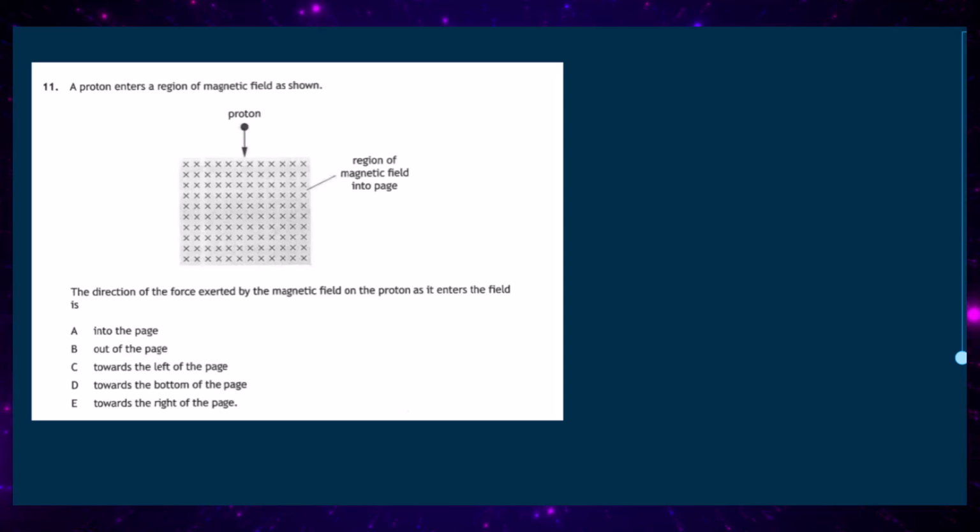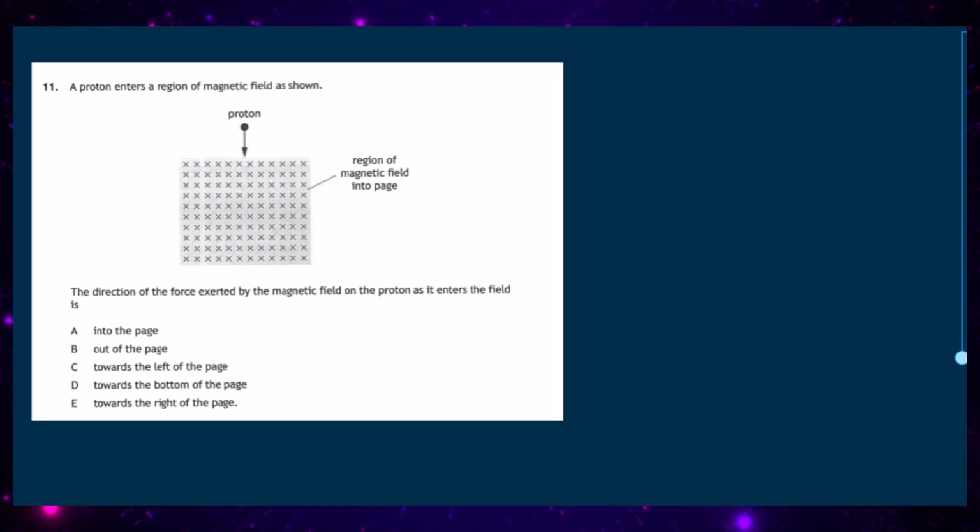It's going to enter a magnetic field which is pointing into the screen. So your first finger, you point into the screen. Your second finger, you swivel round until it's pointing down the page because that's the direction the proton is taking. And your thumb should be pointing towards the right hand side of the screen. So our answer is that the proton will be moved towards the right of the page,